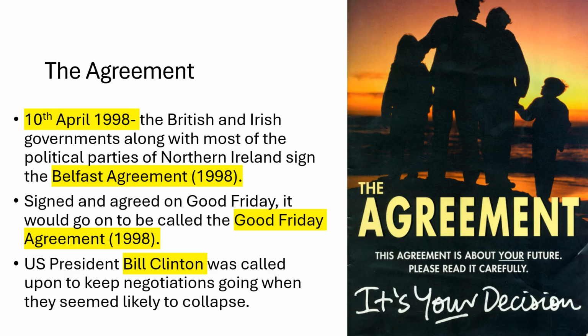So each household was given at least one copy of this to read, to look at the agreement, to see what had been agreed by the Unionist parties, the Nationalist parties, the Republican and Loyalist parties, the British and Irish governments, to see what was actually going to be put before them. And every single person over the age of 18 in Northern Ireland would then be given a vote as to whether or not they would accept this agreement.